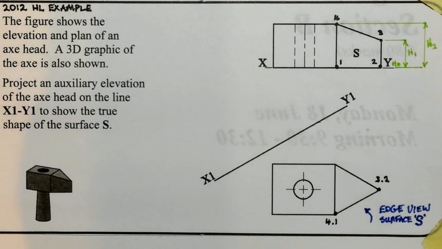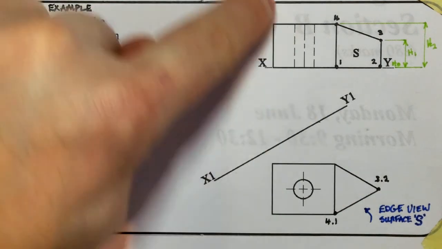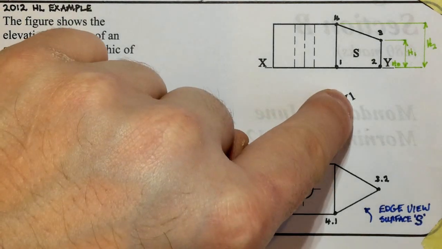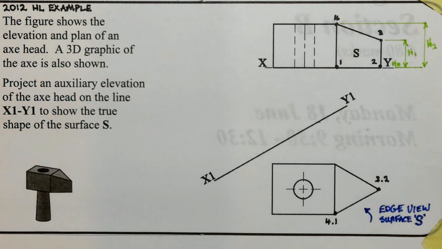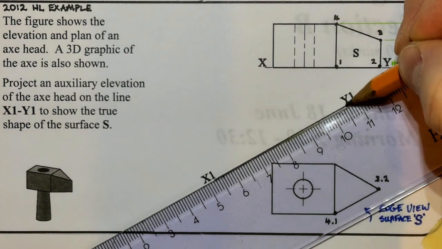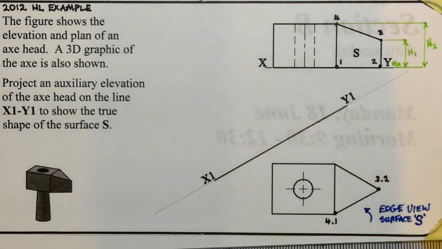With that said, what I'm going to do is, at a right angle to the X1, Y1 line, we are going to project out. And it's very important that we get this right. So whatever angle your X1, Y1 line is, you project out at a right angle to it, or at 90 degrees to it. Now you could measure that with a protractor and find the angle that way, and that's one way of doing it. Or here, you can just take your X1, Y1 line, because it's given to you in this example,